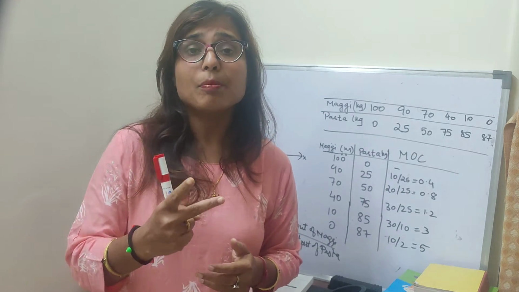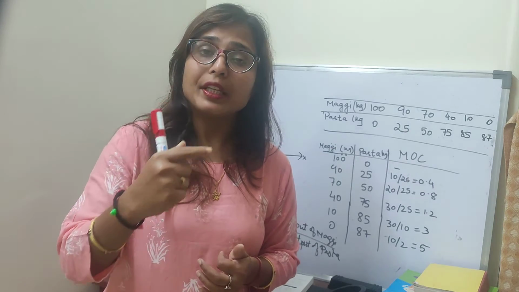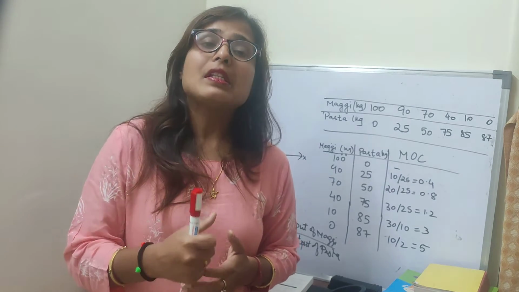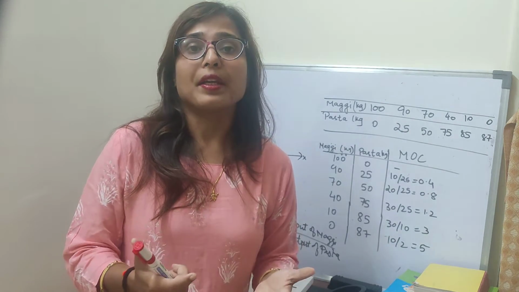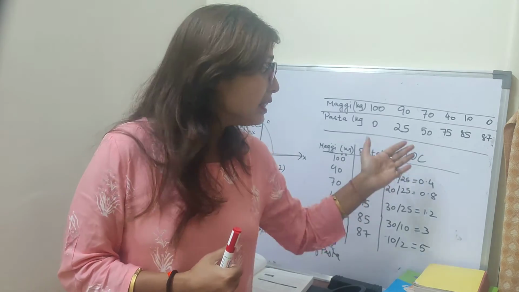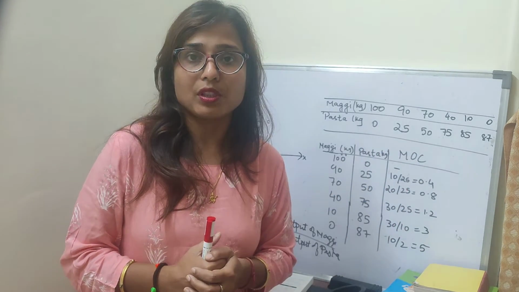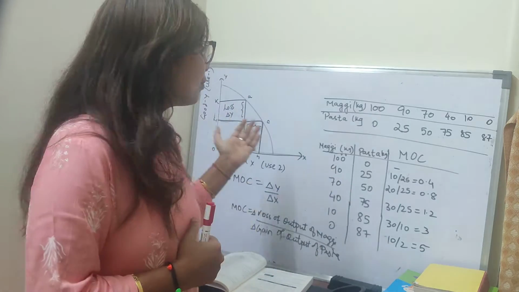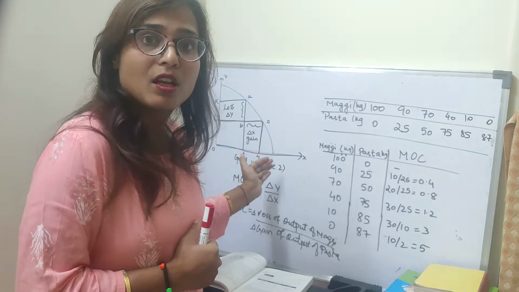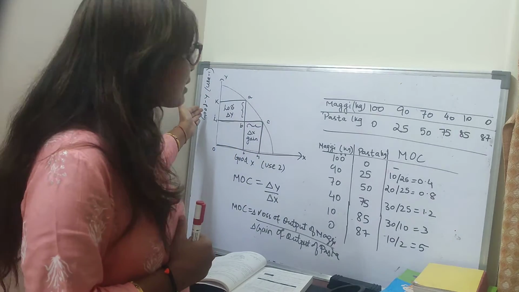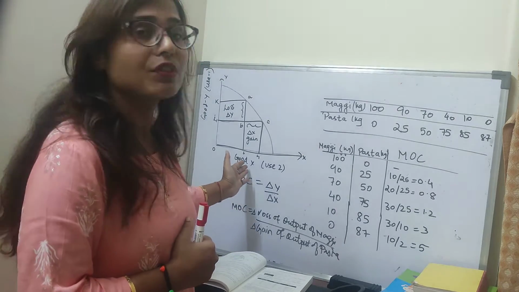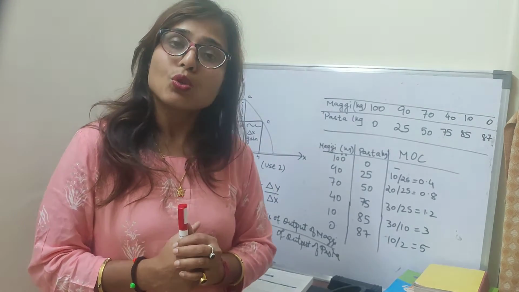Now, the second point is that the PPC is concave to the origin. PPC is concave to the origin. Why? Because of increasing marginal opportunity cost. As the resources are shifted from good Y to X, more of good Y is sacrificed for every additional unit of good X. So,